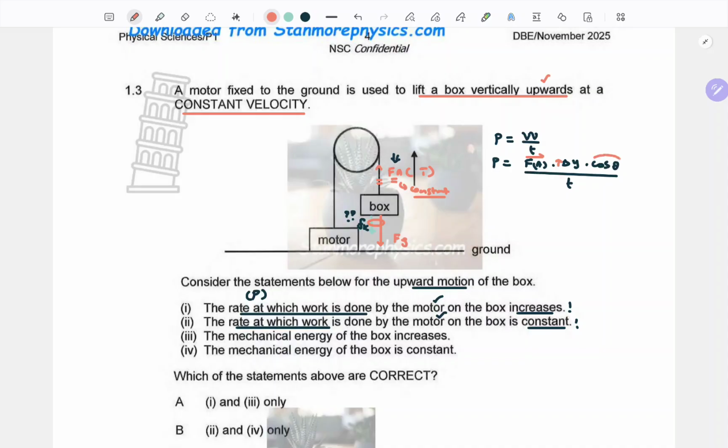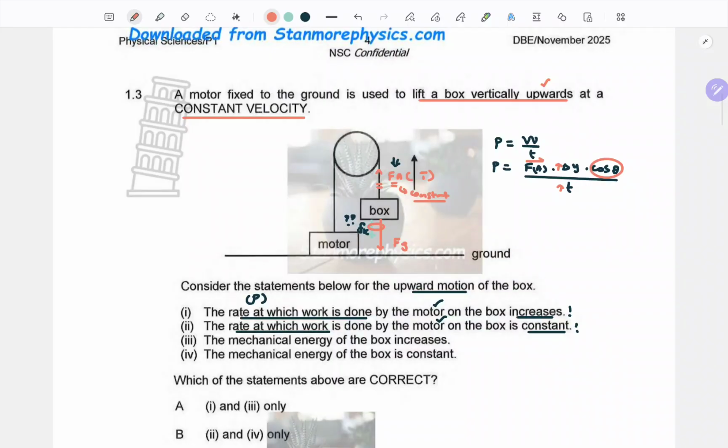Cos of theta is nothing but a ratio. So this one is either 1 or -1. But it's never anything else, okay? Maybe in between, but at this stage, we just know that this one doesn't affect anything. It is essentially a coefficient, which is usually a constant as well. Right, so we know that also the time, as the box is being lifted longer and longer, the time increases. Now we can't tell what's happening here.